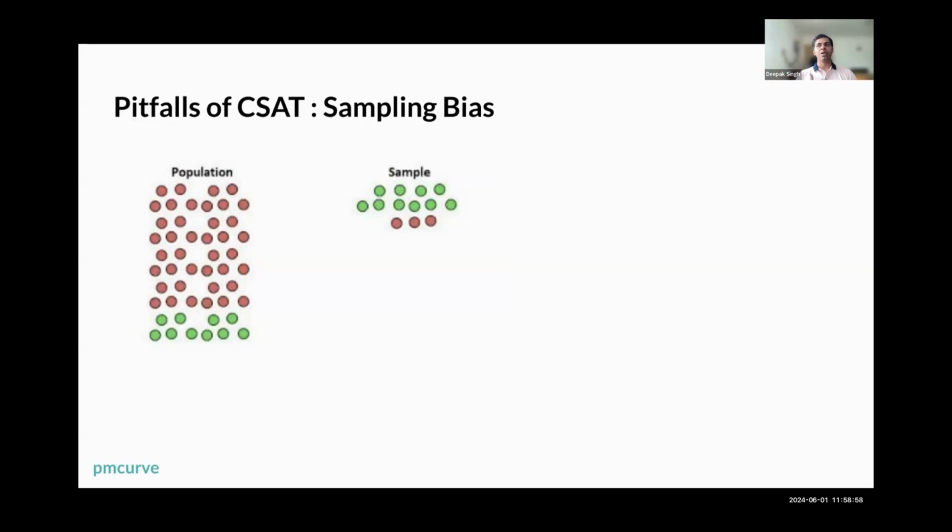In fact, people who hate your product will mark your survey email as spam, or will just dismiss the feedback screen whenever it appears, because they're very annoyed with you and you're just pushing some more work down their path, right? So CSAT has sampling bias, and if you're using CSAT and want to measure it well, you remove that sampling bias. You make sure that it represents all segments.